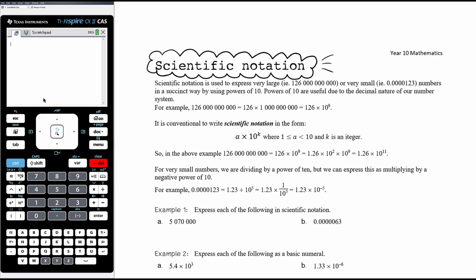Okay, so scientific notation involves using powers of 10, and powers of 10 are useful due to the decimal nature of our number system. In our number system, each digit is essentially a power of 10, okay? If we are multiplying numbers by 10, we know that we can simply add a 0 onto the end,